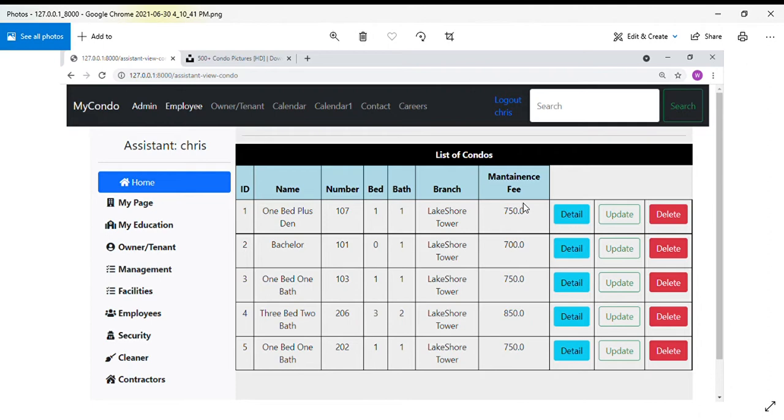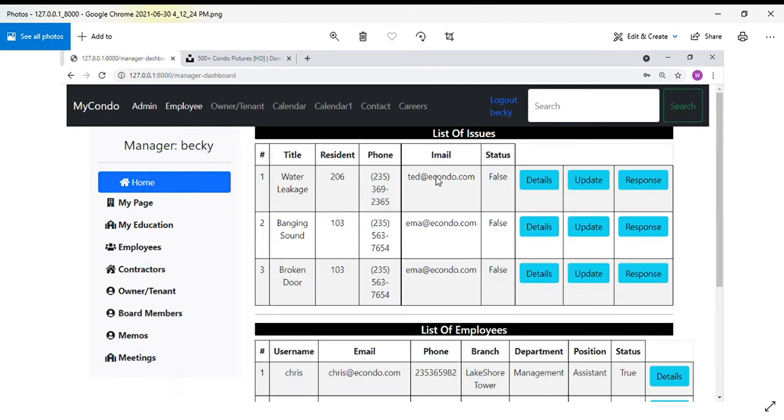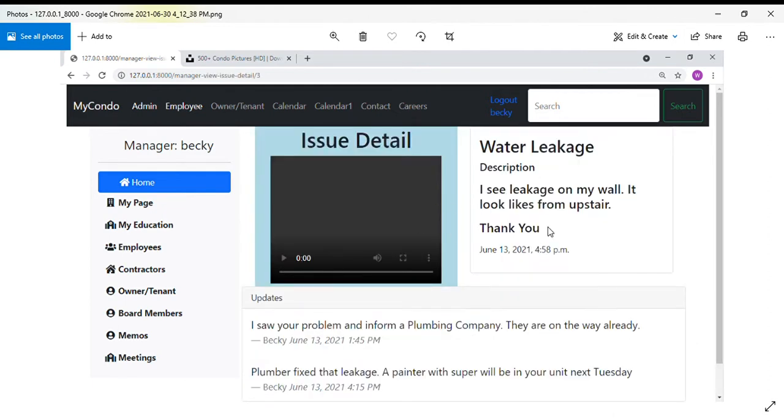And then similarly, as a manager, he has to handle issues. He has to handle issues right away, and there might be hundreds of issues every day in a single building. Who is filing the issue, and what the details are can be seen. What's the title of the issue, water leakage, or broken door, anything might happen. And the manager will see the detail, the description, and whatever audio, video, photo, the proof can be seen here, and whatever update